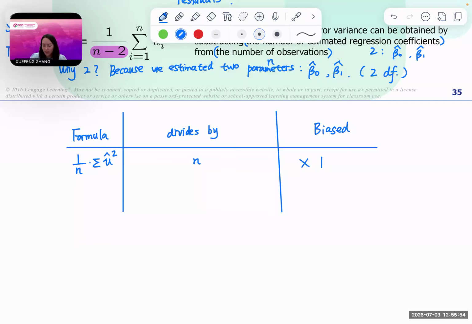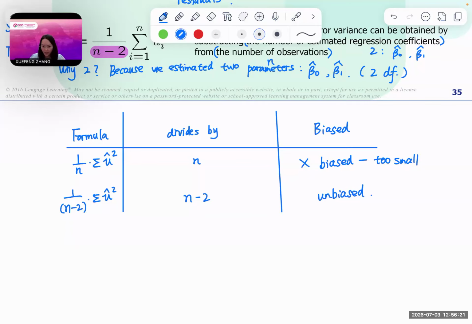This is biased, right? Too small. And next one, we have 1 over n minus 2 times the summation of mu hat squared, and then we divide by n minus 2. And this is